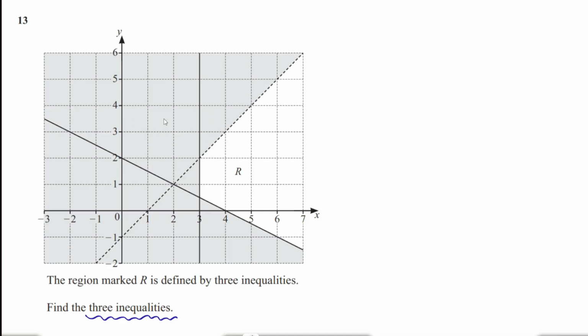Whenever this kind of problem comes up, you need to remember that the shaded area is always the unwanted area, and the unshaded area is your answer part. In IGCSE that happens. It means your answer lies here in this white portion and this yellow portion is not required. Let us go one by one. The second point you need to take note of: if there is a solid line